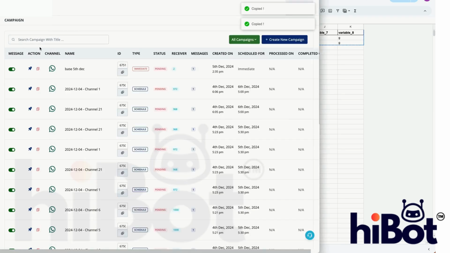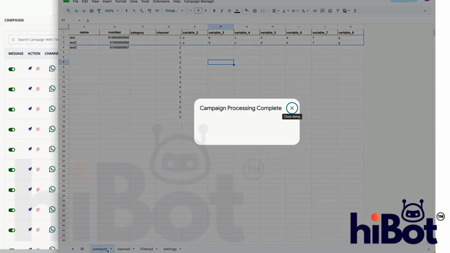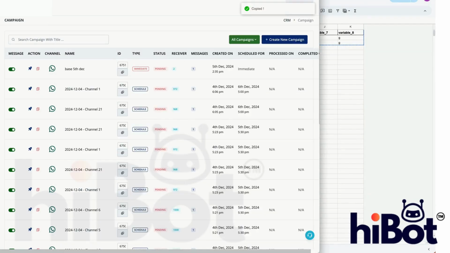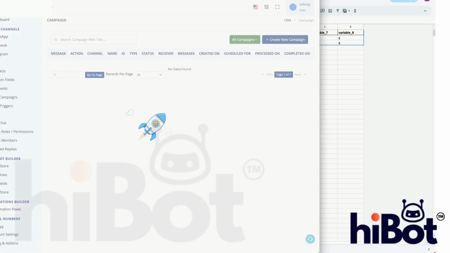After you do this, within say 1 or 2 minutes, it would filter the contacts, remove the banned contacts from the main contacts, and then create the campaign. It might take 5 to 7 minutes if you have like 10 or 20 channels and thousands of contacts, and then you'll see a prompt like this that the campaigns are created, and then we can check if the campaigns are created properly from the